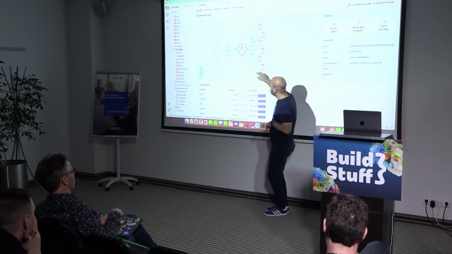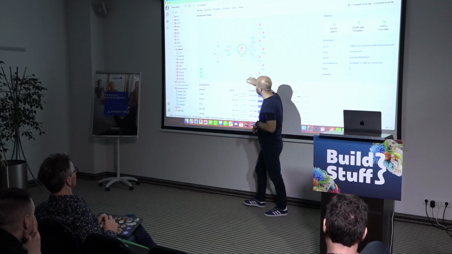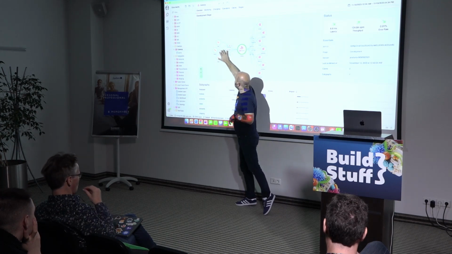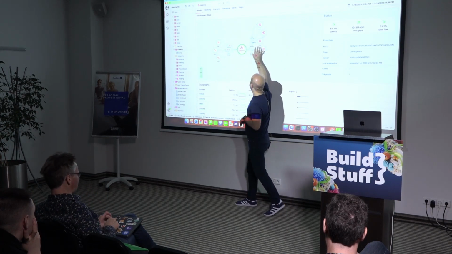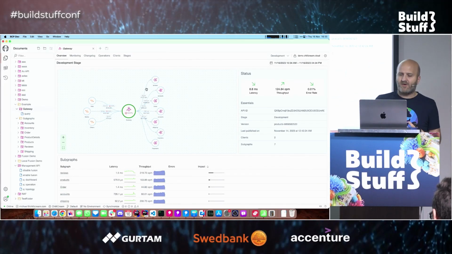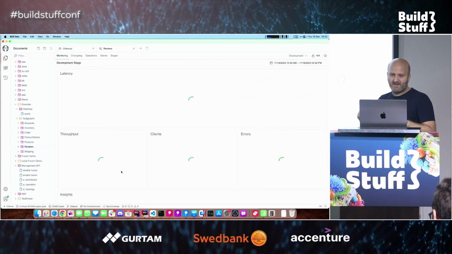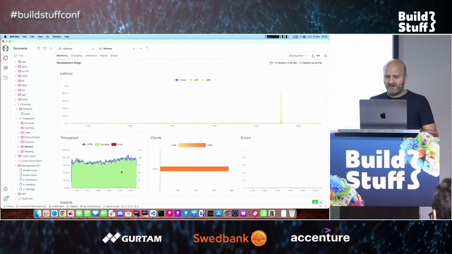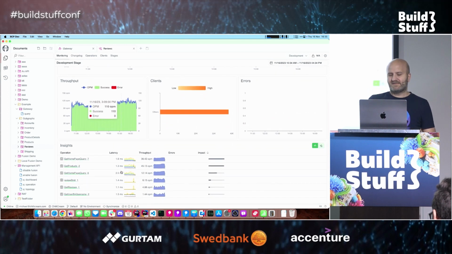We have all these, the beamer is not the best, but you can see these are my clients that are fetching data. This is my GraphQL gateway, and I can see how requests are coming in and how my gateway performs. I can also dive into aspects of other subgraphs, for instance, dive here in the review subgraph and see how